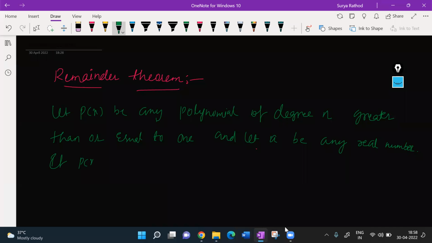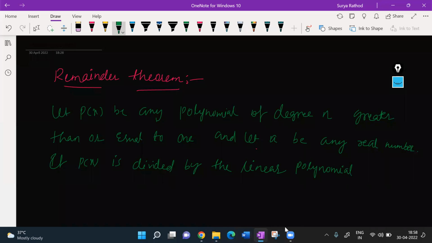If p of x is divided by the linear polynomial